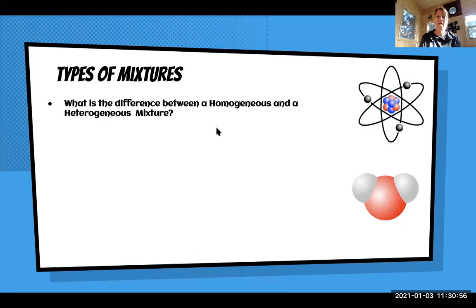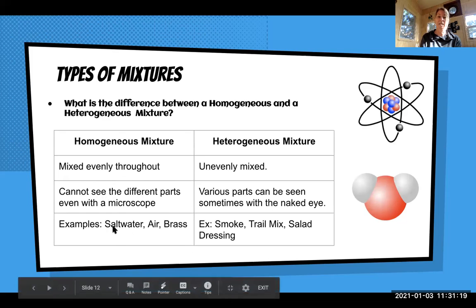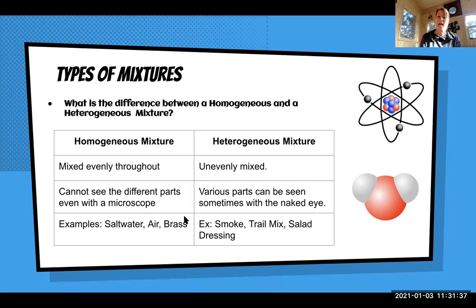So looking at the different types of mixtures, both homogeneous and heterogeneous. So homogeneous mixtures means that mixed evenly, or sometimes we say the same throughout. So homo means same, the same throughout. That means we can't see the different parts, not even with a microscope. So it might look like a substance, but it's really a mixture. So salt water is mixed so evenly that it's mixed at the molecular level, a molecule of salt, a molecule of water, right? Air is similar. When we look at air, we don't see the different parts. And brass is an interesting mixture of two different types of metal that solidify together, but actually are not bonded